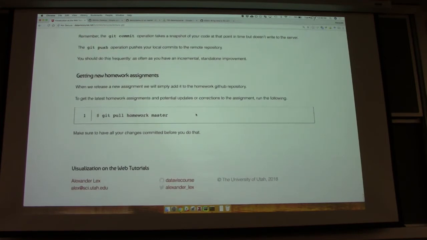Okay, so the other way to do this would be with forks, but this is one way of doing it. Any other questions about version control? This is kind of the end of the version control section. Yeah? So what is the difference between a fork